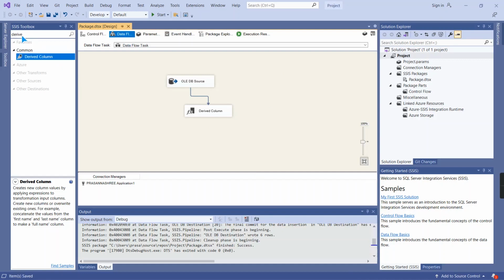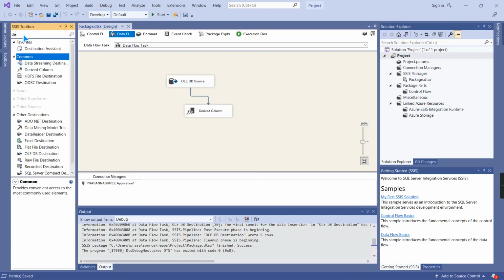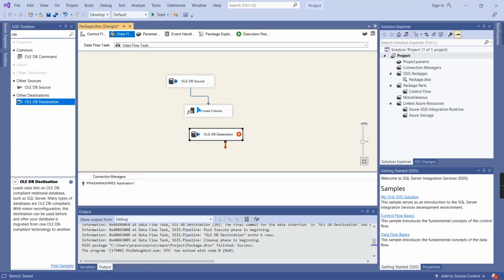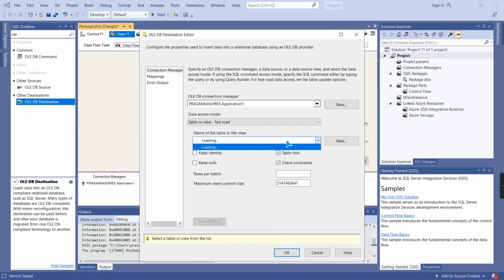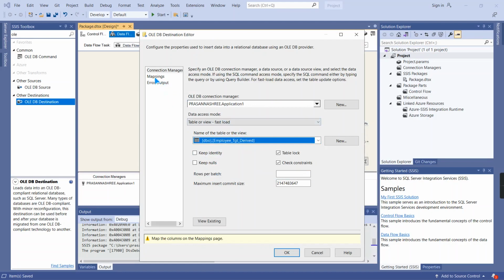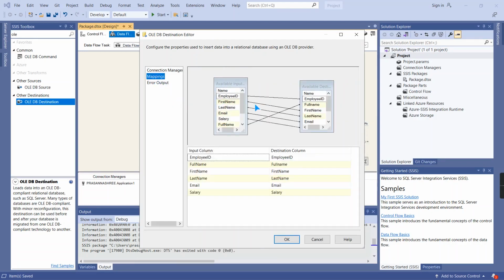Save this. I'm going to add the destination now. We will add the target table. So I have created already table target derived. Mapping we will check once: employee ID mapped correctly, first name correctly, last name correct, email also correct.